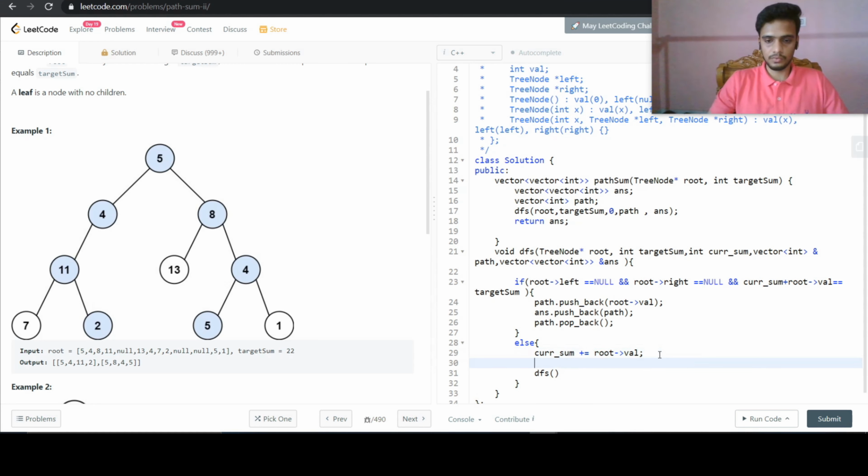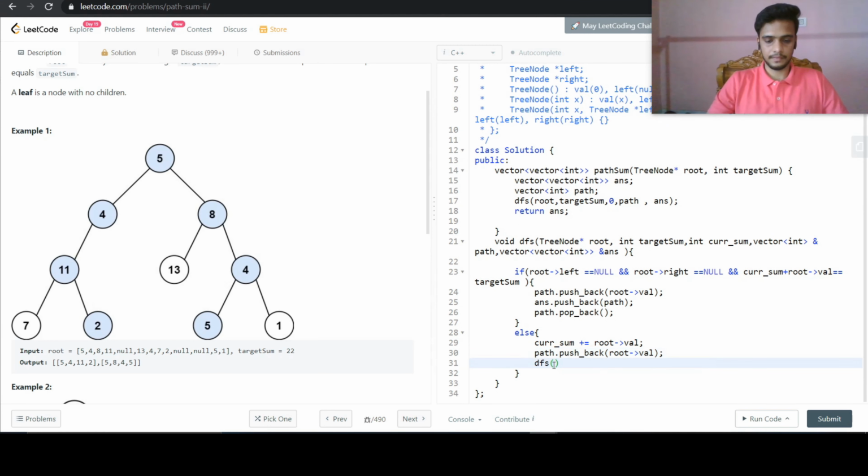Also we will include it into our path. So path dot push back root value. Then we will do a DFS, same function call.